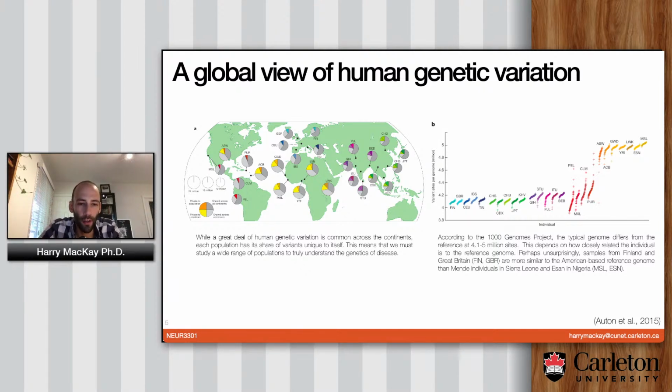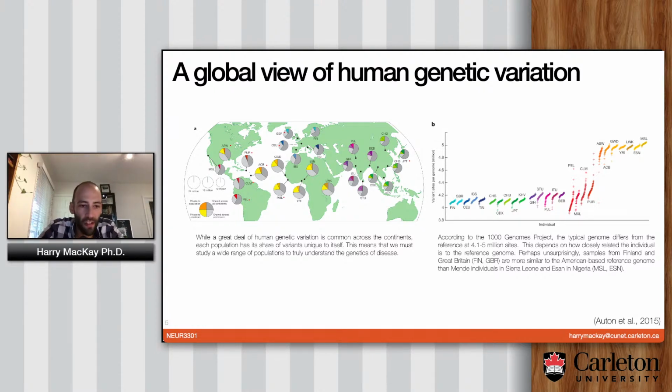So here is a figure from the 1000 Genomes Project, and of course you don't need to memorize this or anything like this, but it's essentially just showing the share of genetic variation across all the different populations studied. I don't have all of these memorized. They're available on the 1000 Genomes Project page, but each of these three-letter acronyms refers to a specific group of people. So GBR, for example, is Great Britain. CEU is Central Europeans. JPT is Japanese, and so on and so forth. So you can go through, and they've got a fairly representative tranche of humanity.